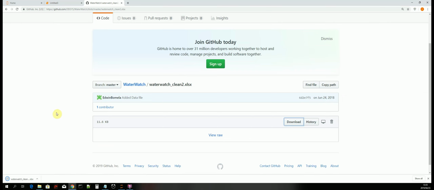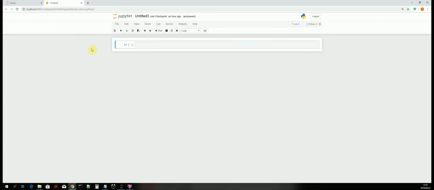This will download the dataset, which is an Excel file, to your downloads folder, or wherever you have specified your downloads to be downloaded at. Just make sure you have the location of that file,